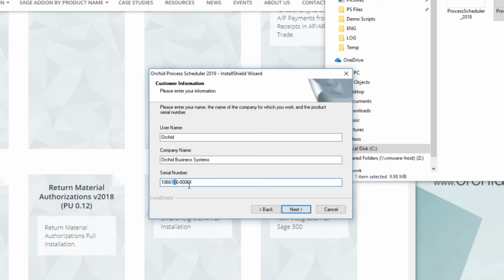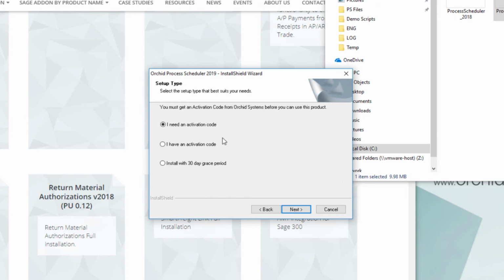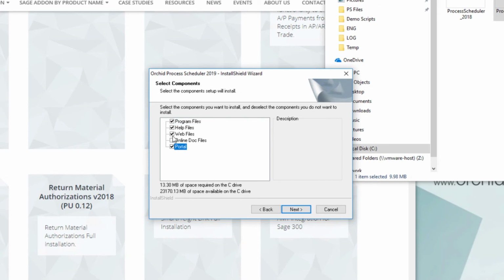If you don't have your client's serial number, you can install with your NFR serial number. You will just need to put in your client's code as soon as you place the order and receive it. As with other Orchid modules, you can install with a 30-day grace period, or if you have an activation code, you can enter it at the time. In this case, I'm going to choose a 30-day grace period, select what I want to install,